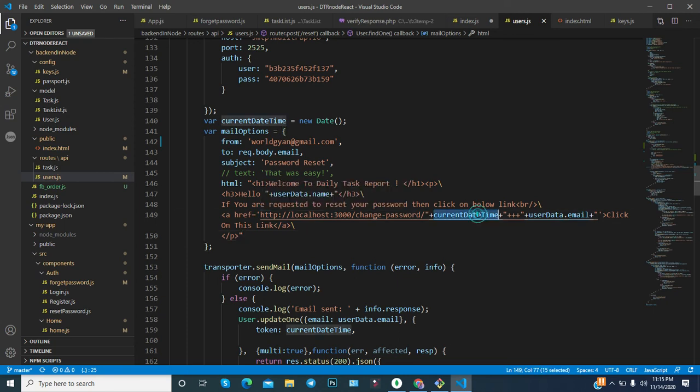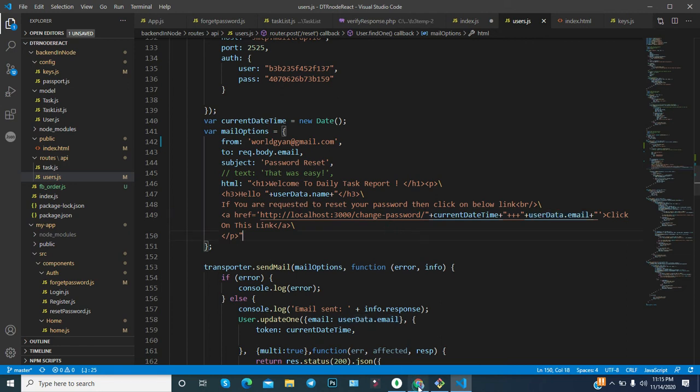Again, it should not be exposed, so you have to save this particular date time in the database, and during the verification you need to retrieve the date time, match it and see whether it is in your range or not, meaning whether you can update the new password or not. In this way you can verify. And again, this is the email ID. You can provide the email ID in the hash format in the link. It means the process is very simple.